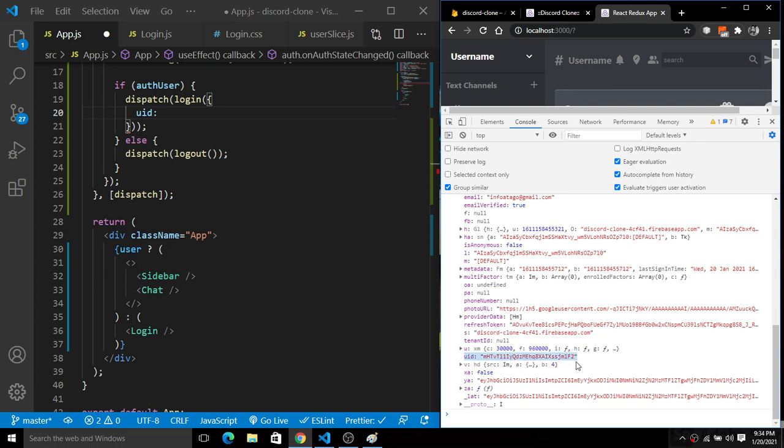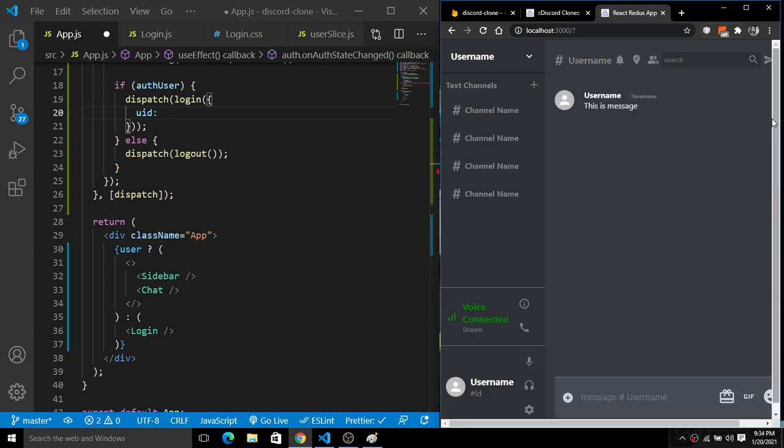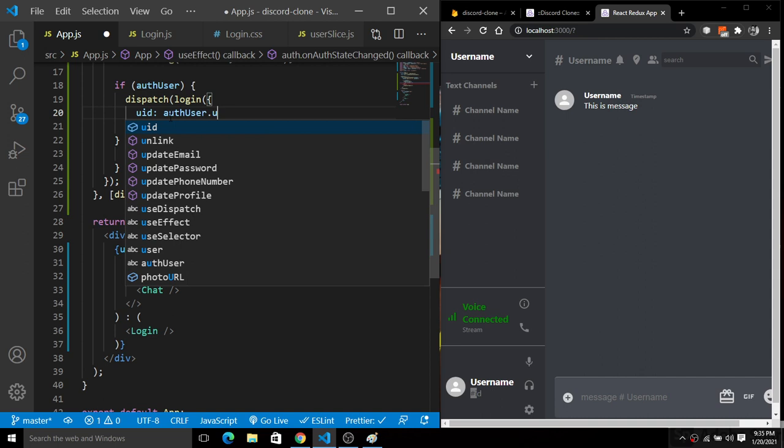This is a unique ID of the user. So we will use the UID here, and we will simply pass this UID directly there. It will be unique for each and every user. So we are going to dispatch the UID here: auth user dot UID.